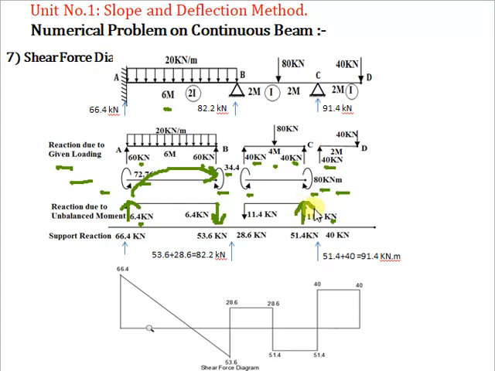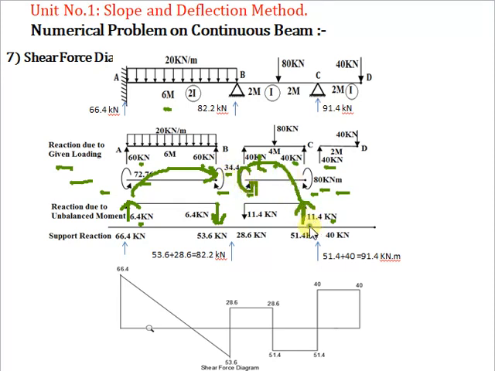So why upward? Because the far end moment is in an anticlockwise sense. So the arrow should be up. So it will get added into this minimum moment, and it will become equal to the 80. So that's why this arrow you have to show in the upward direction. So it will get added into this anticlockwise moment, which is at the opposite end.